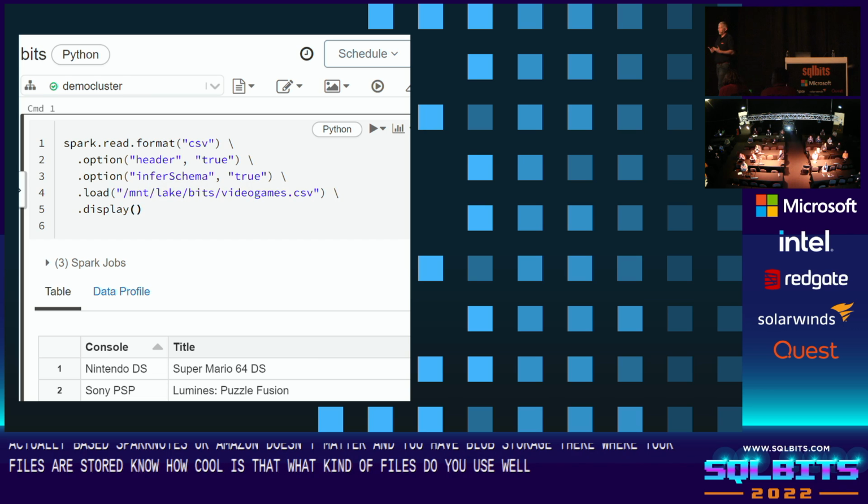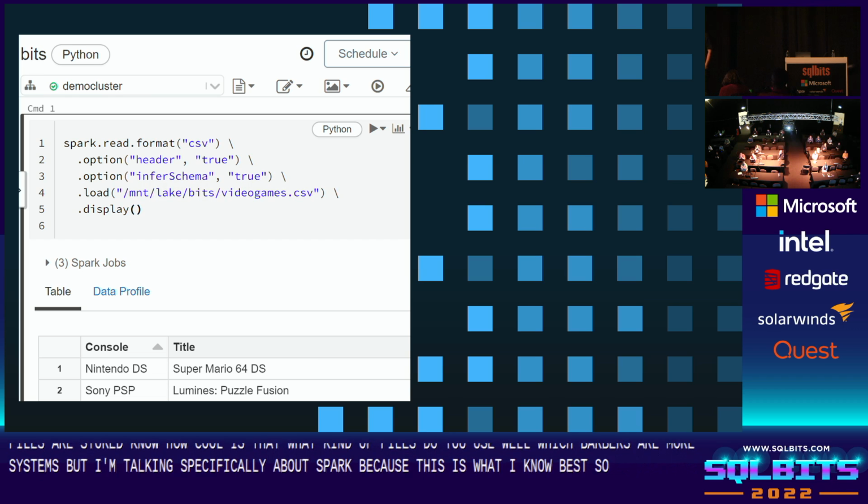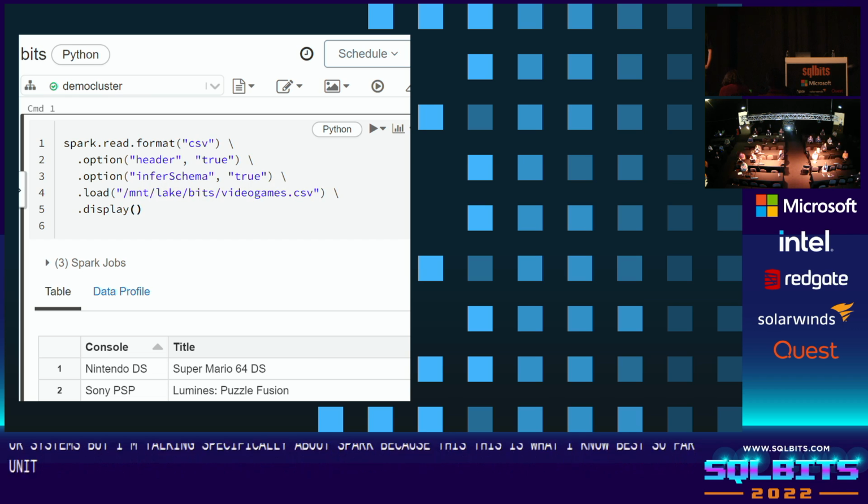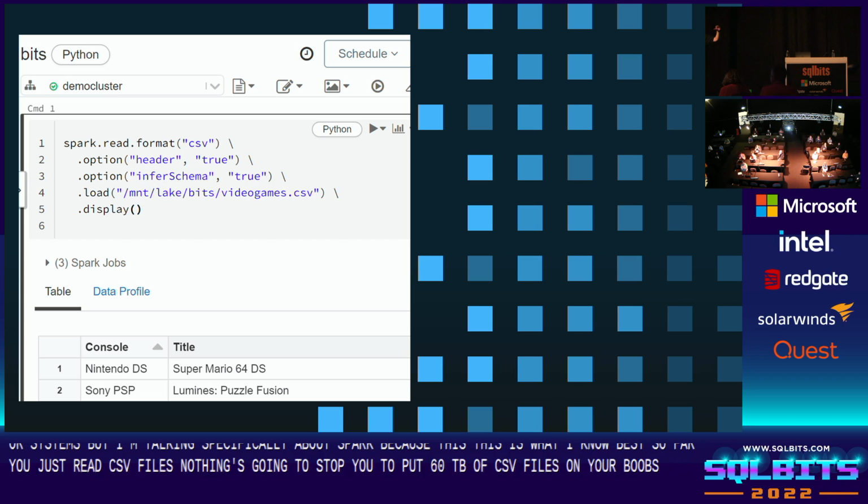with Spark, but there are more systems, but I'm talking specifically about Spark because this is what I know best so far. You could just read CSV files. Nothing's going to stop you from putting 60 terabytes of CSV files on your blob storage and reading it with a bunch of Spark clusters and have fun.